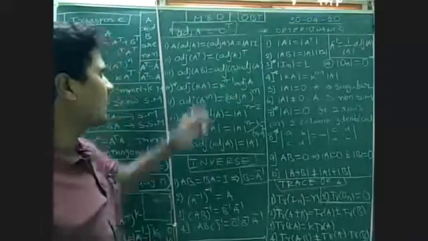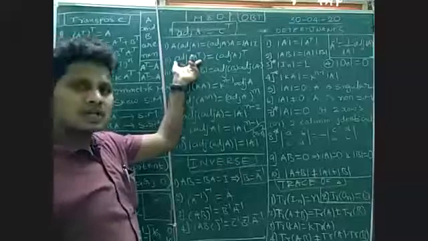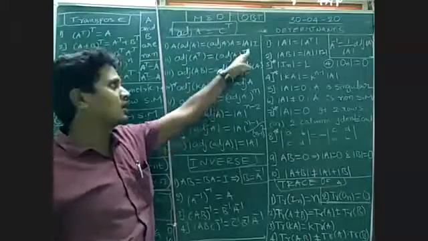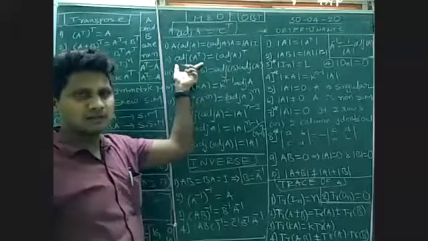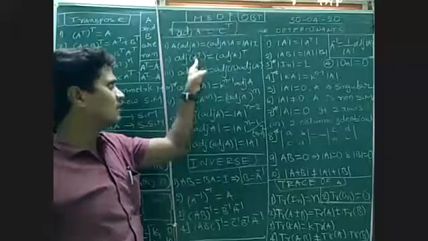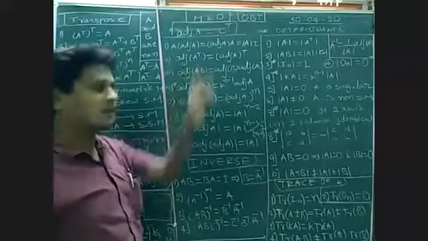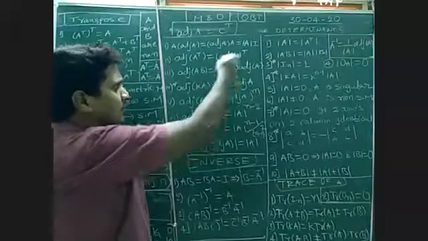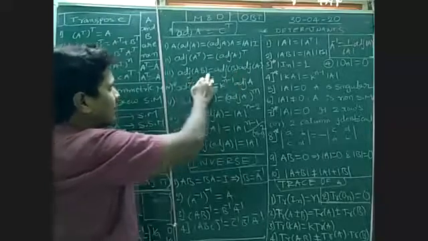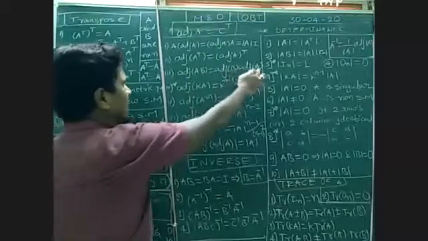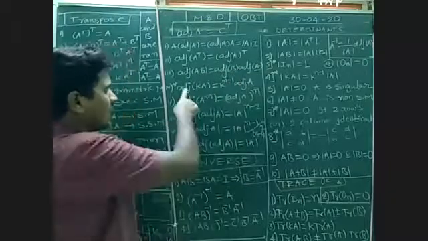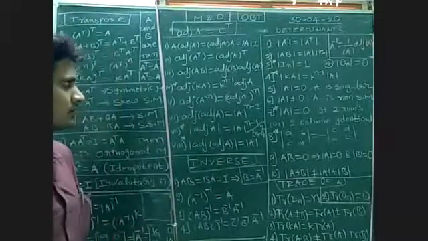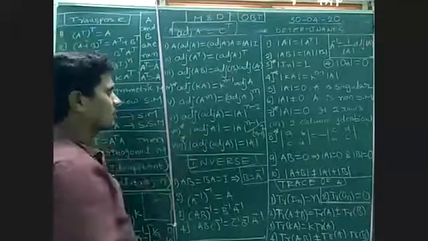For example, if they ask the value of adjoint of A^T, first you find the adjoint of A, then you transpose it and you get this matrix. Otherwise, for the given matrix, first find A transpose, then find the adjoint. Okay, this is a property. Sometimes they may give it for objective also, right? Adjoint of AB is equal to adjoint of B into adjoint of A. Remember that. And adjoint of KA is equal to K^(n-1) into adjoint of A. Remember here, these are the important properties.